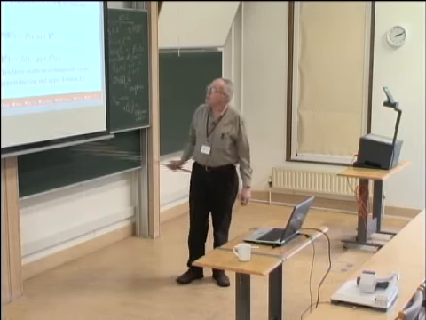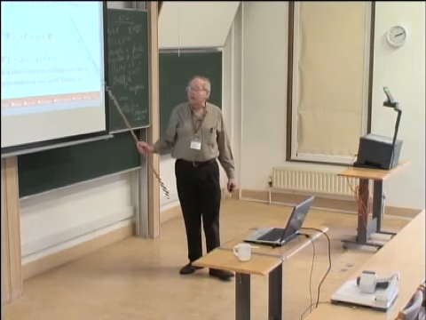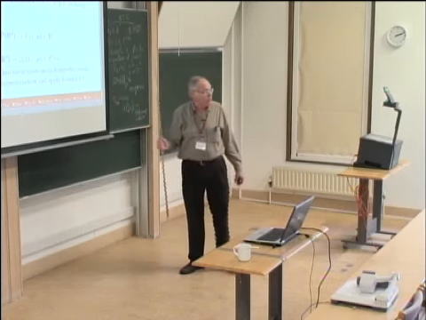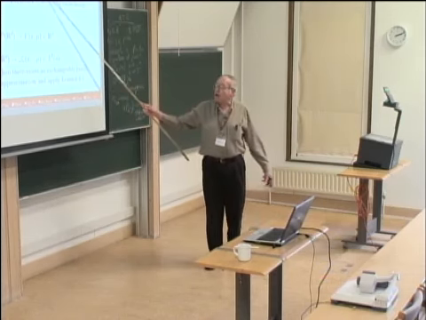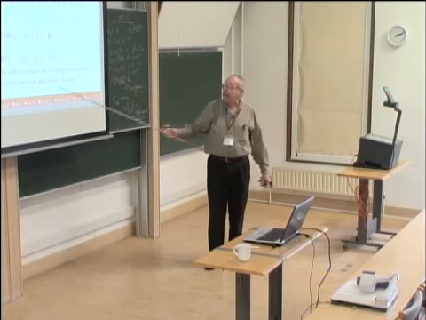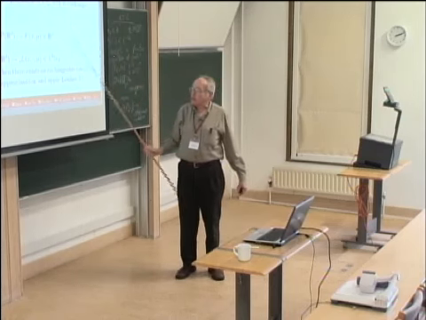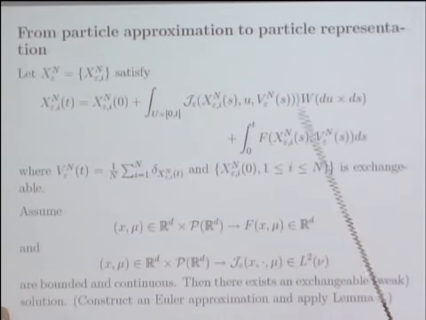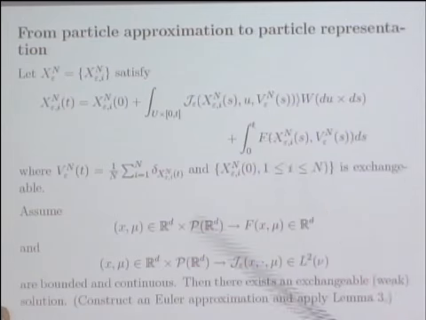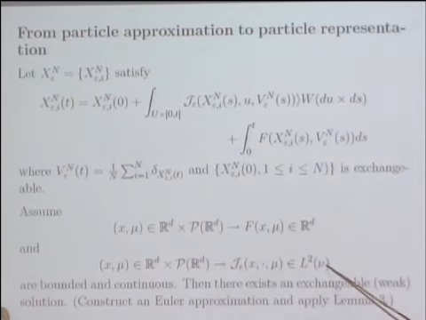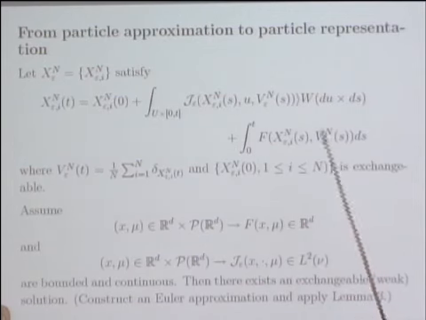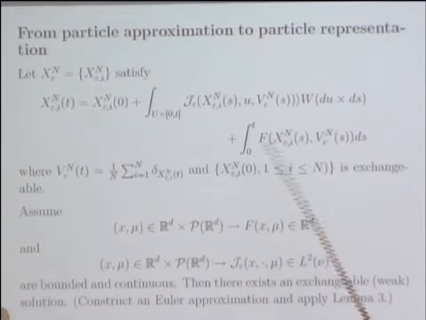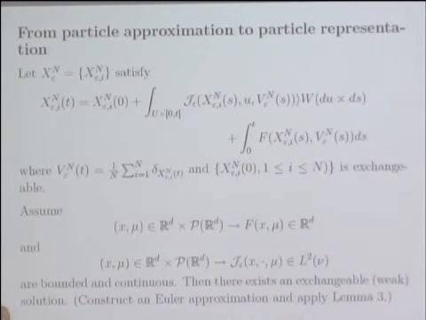So what are we going to do? We're going to keep things simple today. I'm going to assume that these coefficients are bounded. F is bounded in R^d, and this coefficient is bounded in the appropriate L2 sense. I have to worry, if this Gaussian white noise has its covariance determined by the measure nu, then I need this coefficient just to be bounded in L2 of nu, okay?